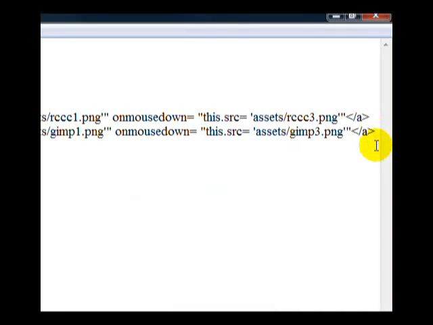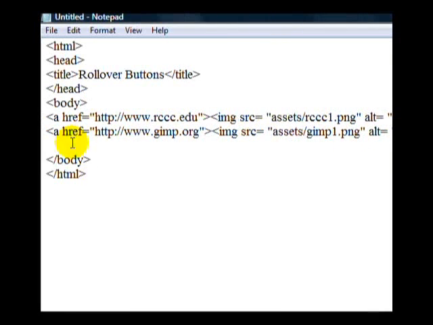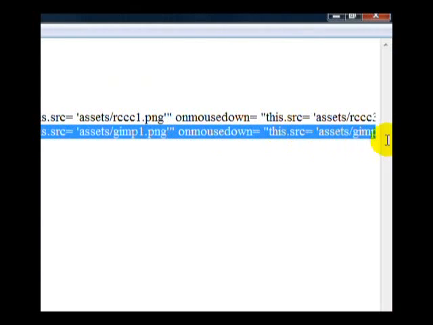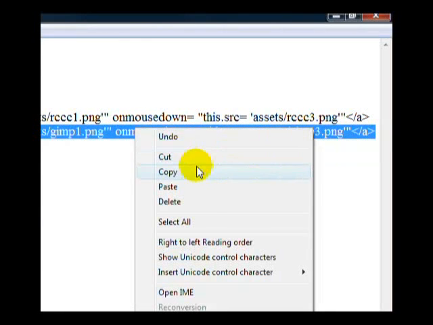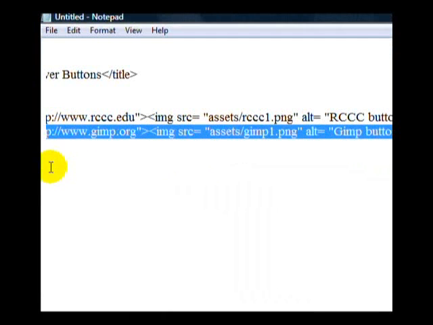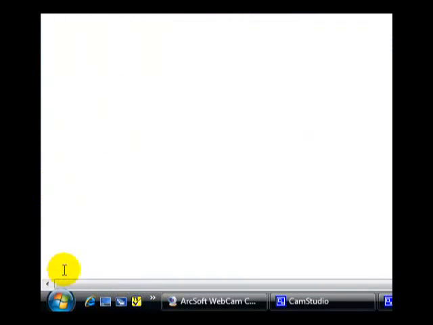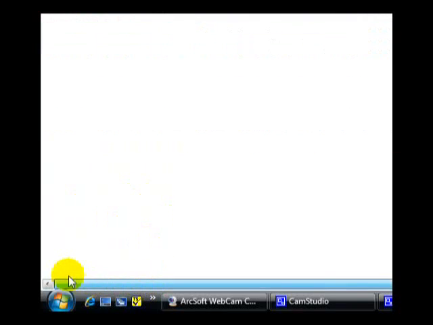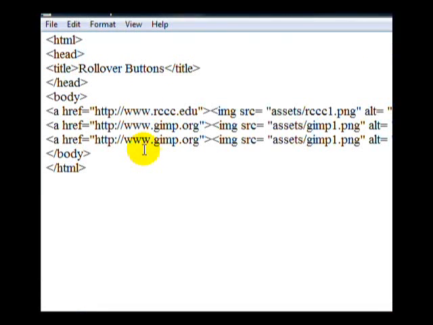And we're going to go ahead and hit enter, and I'm going to hit paste. Well, no, I need to go ahead and copy this line of code because I've already done a copy and a paste, and all I'll get is the single word Gimp. So I'm going to hit copy, and then I'll go back and paste this line of code and go in and alter it a little bit. And of course our third button that we created was the button Google, so I want to go to the Google search engine, so I'll put in google.com,